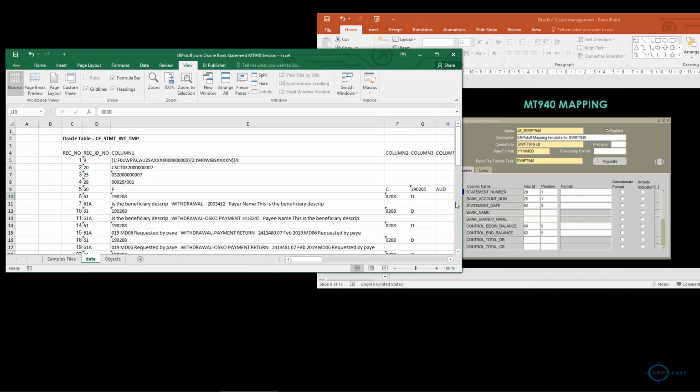So, let us say for example, this is my header, statement number 28(1). If I see here, this is my 28 in my interface table in Oracle R12, and this is 1. So, this will be my statement number. Then bank account number is 25-1. So, this is my 25 tag and this is the first column or first position where I can find the